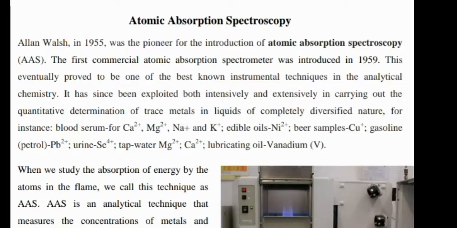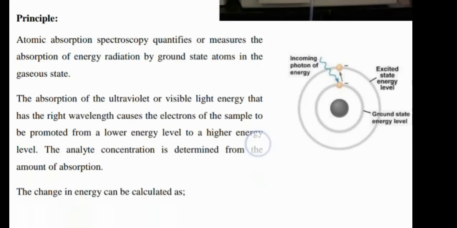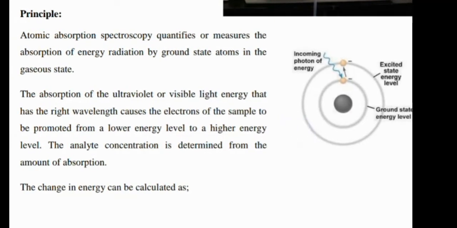Now what is atomic absorption spectroscopy? Alan Walsh in 1955 was the pioneer of the introduction of atomic absorption spectroscopy, and the first spectrometer was used in 1959. When we study the absorption of energy by the atoms in the flame, we call this technique atomic absorption spectroscopy. And its principle is what? Its principle is that it quantifies or measures the absorption of energy radiation by the ground state atoms in the gaseous